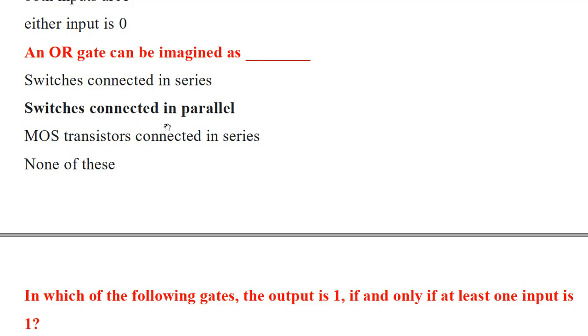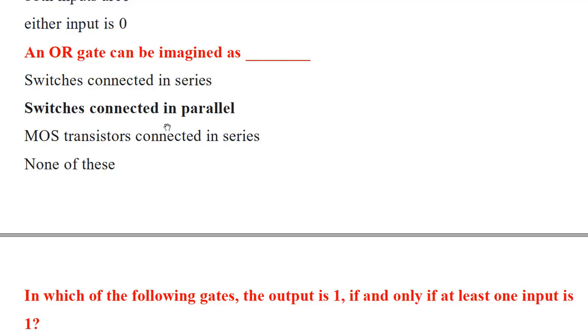For that we have to understand the truth table first. For an OR gate, let's consider two inputs: A and B are my inputs and Y is the output. When both the inputs are 0, the output is 0. If at least any one of the inputs is 1, then the output is 1. For 0 1, the output is 1. For 1 0, the output is 1. For 1 1 also, the output is 1. This is for the 2 input. The same can be used for 3 inputs, and we can derive the truth table.